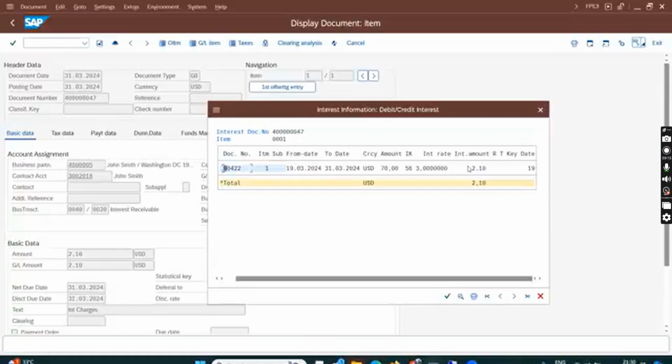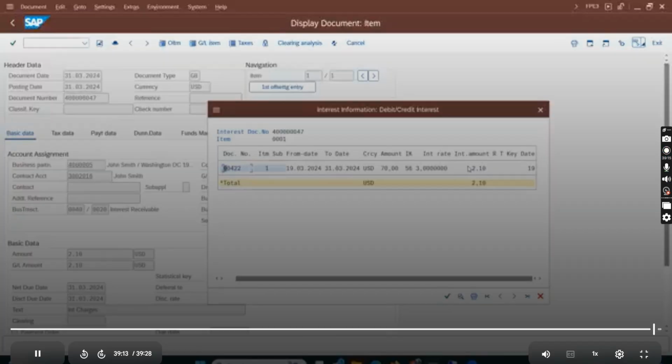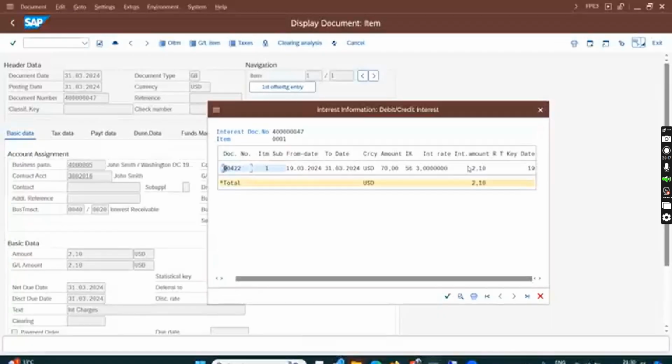Till the call gets over, I'll give you a glimpse of the complex requirement. The complex requirement is a staggered way of interest calculation. Staggered means it is not flat. It says up to $10 charge 3%. From 10